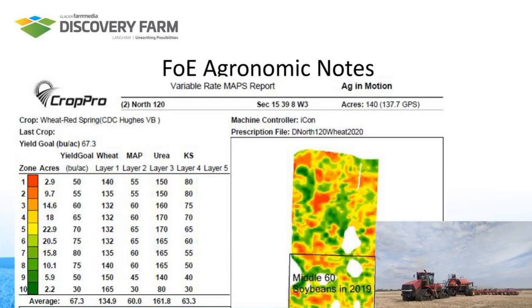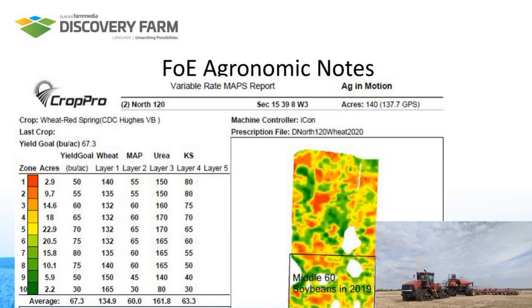So with that baseline set, I'll go to highlighting a number of different examples of various precision agriculture applications that we did in this project. And in terms of how this relates to the story behind the data, really it's about picking the right data layer to inform this management practice. So when it comes to seeding, we use the SWOT map for that base data layer. You can see the prescription that was built for our wheat field.